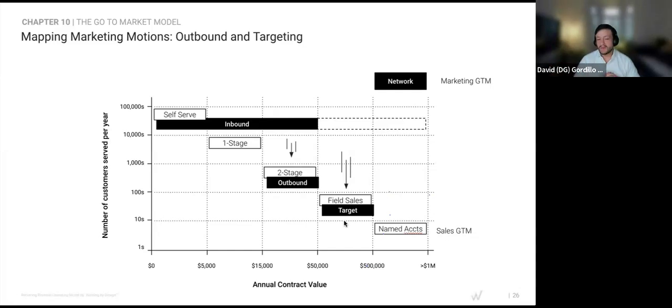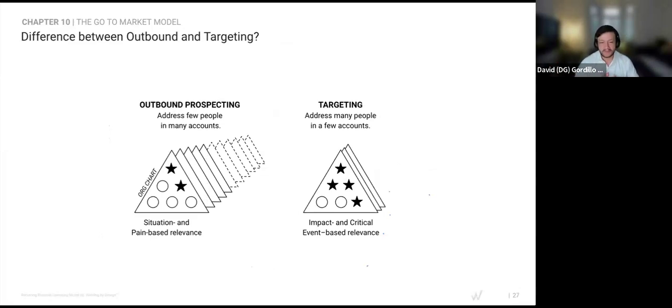And at this point, you might be thinking, what's the difference between prospecting and targeting? Like for you, it might be sounding as the same thing. And you might be right. There's a small nuance, small difference between both. When we're doing outbounding prospecting, we're reaching out to a large amount of accounts with a few contacts per account. Whereas whenever we're doing targeted marketing, or also account-based marketing, which is the same thing in this go-to-market motion, we normally have a list of very well-known accounts, and we are reaching out to a larger number of people